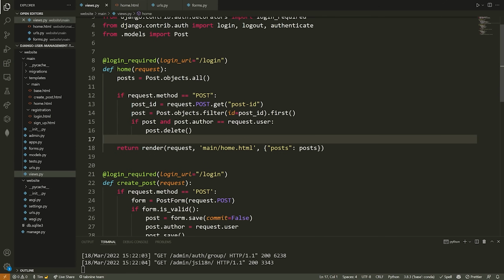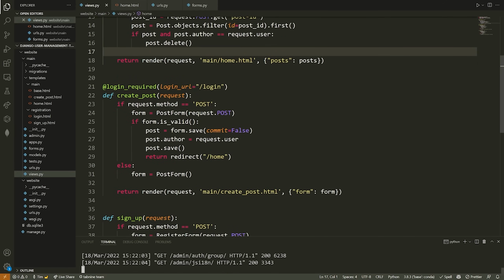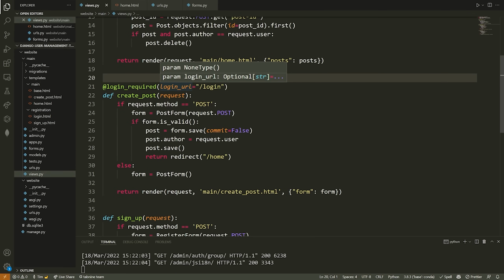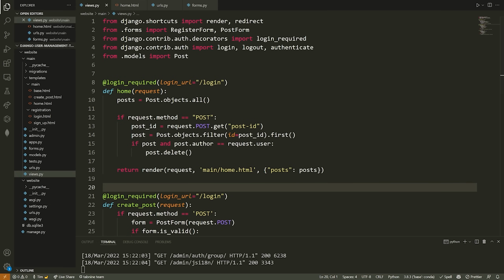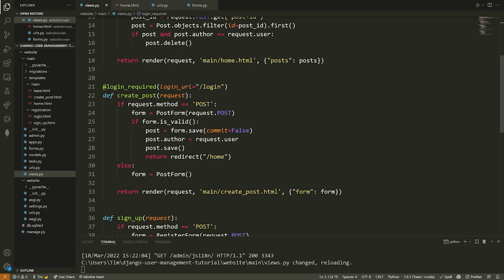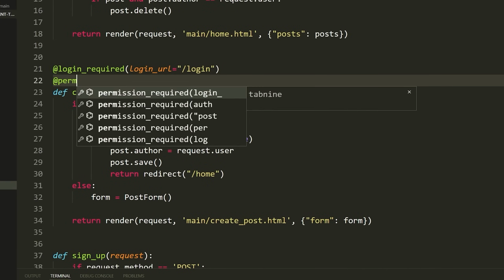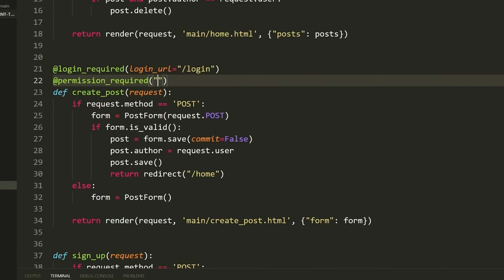All right, so what we can do here to get started is make it so that you cannot access the create post page unless you have permission to make a post. So first we will have the @login_required decorator, but we're going to add another decorator here called permission_required. So what I can do is simply add this permission_required. And now, right before here, I can say @permission_required, and then I need to put the string name of